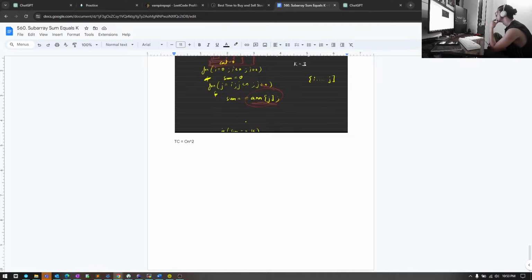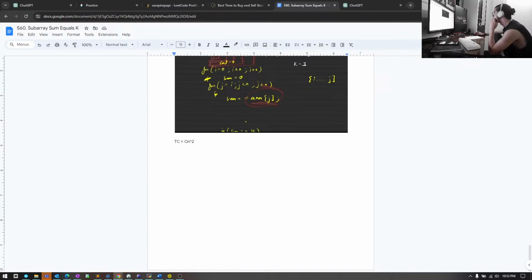And next, we're finally at the last iteration of the loop. So now our sum is 4. 4 minus k, which is 3, is going to be positive 1. So how many prefix sums do we have with sum of positive 1? We have 2, so that means we're going to add 2 to our result. Because what we're saying is, ending at this position, how many subarrays could we get that sum up to 3? Well, because the total sum of this is 4, and we know that we have 2 prefix sums that start here that sum up to 1, we can remove 2 different prefixes that will make this